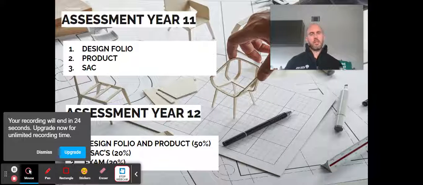So this subject, like I said at the start, it's suited to a creative person that likes hands-on stuff. Okay, it will give you skills that'll lead into trades if you're looking to move in that direction. But like I said, if you want more information, come and see me. We can chat about some further things in detail. But otherwise, hopefully you choose this subject and enjoy the